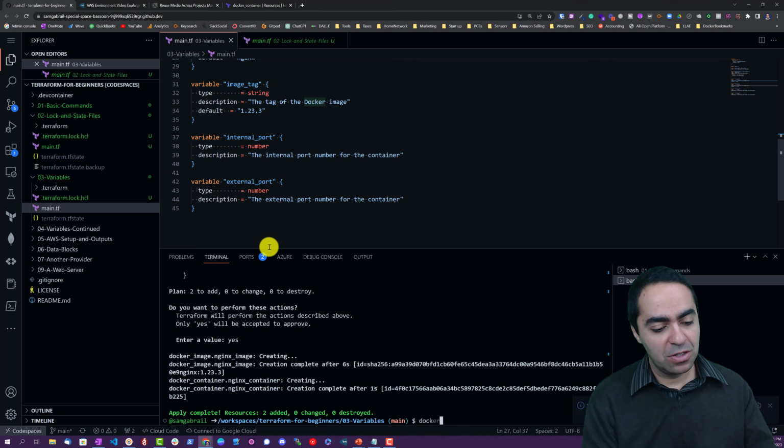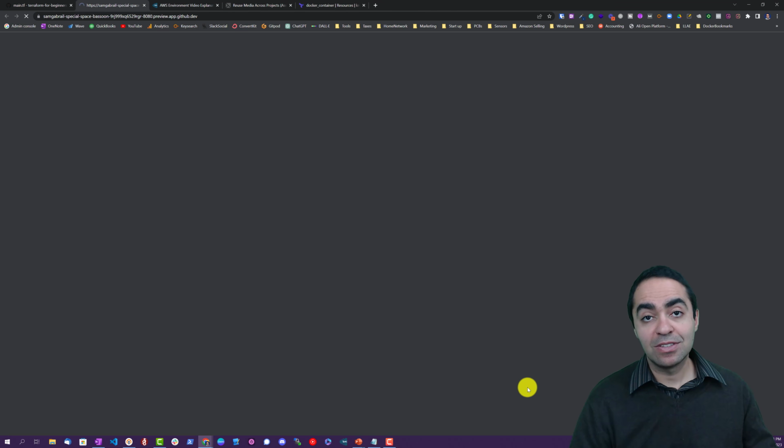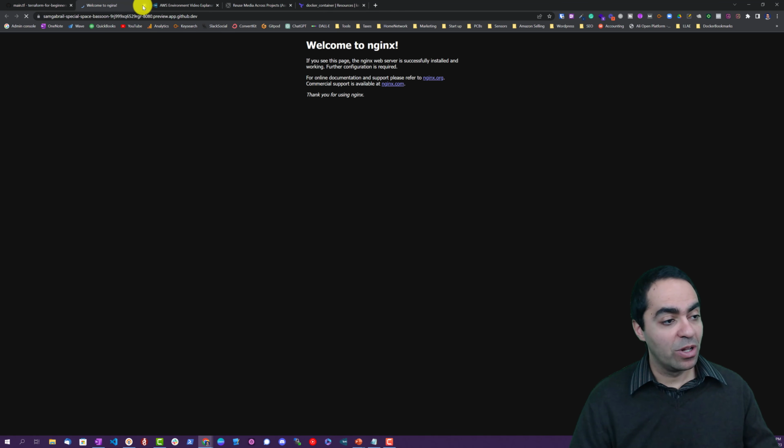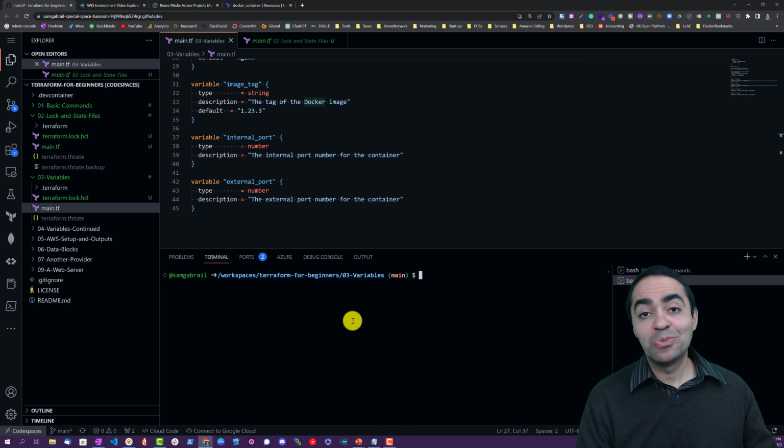If we run docker ps, it will show us the container. Once again, open the container in the browser. We see welcome to Nginx. Everything is good to go. Now, I want to show you another way of doing this. What we're going to do is provide the variable assignments through the CLI itself. And the way to do that, you can run terraform apply